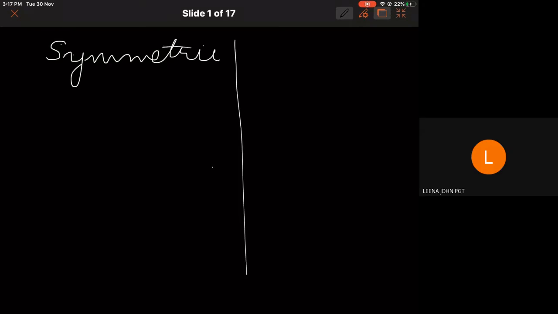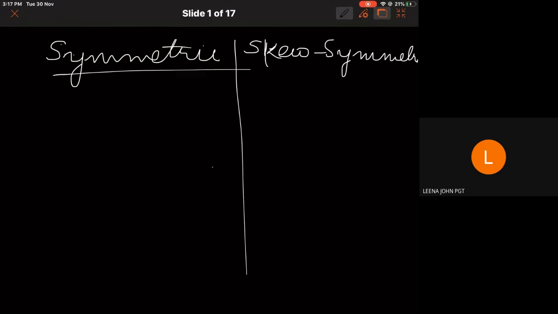Types of matrices, some types of square matrices. There are 2 types of square matrices. One is symmetric, another is skew symmetric. These are all square matrices. A symmetric matrix is a matrix where A transpose equals A, and a skew symmetric matrix is where A transpose equals